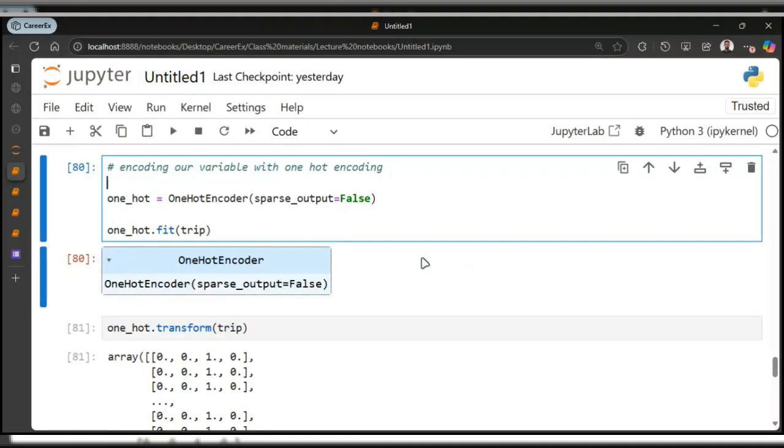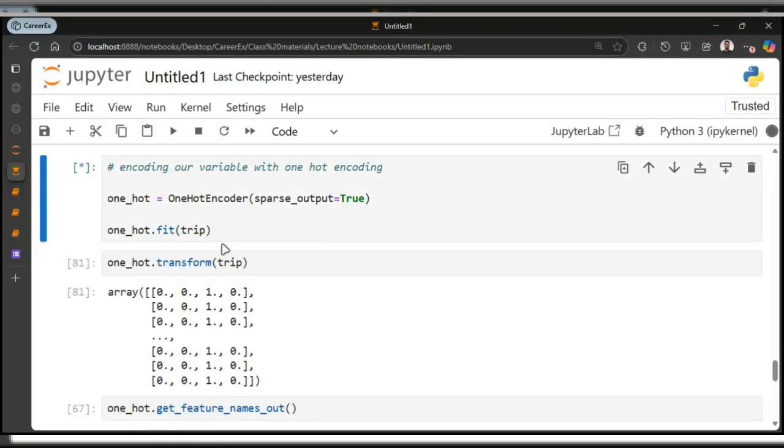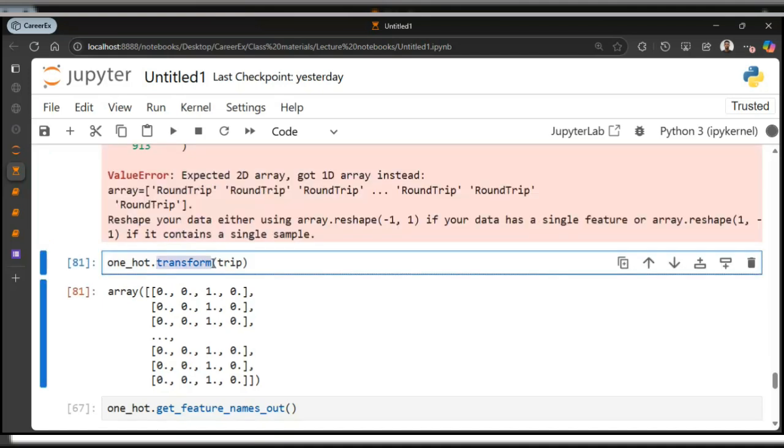So that's not the point of this class. We're not trying to go into memory storage or how these things are being done, but I just need you to understand what sparse output means. So if we come here and change this to true, and then we fit our stuff with this data and run it, and we use the transform method on the same data.